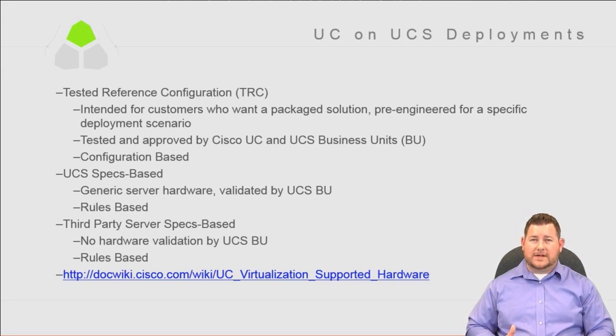So if you want a cluster that's going to support X number of users, you have to use the correct tested reference configuration, meaning you're going to have this specific server, this specific OVA template. It's going to be tested and approved by the business units at Cisco, and they're going to say that this tested reference configuration is ready to go for this specific